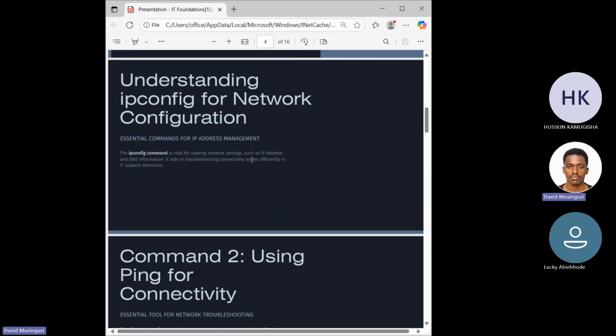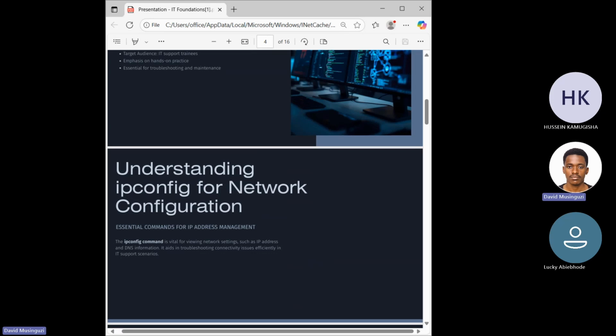So let me ask, give me a scenario where a person can apply the command IP config. Anyone can give me a scenario?